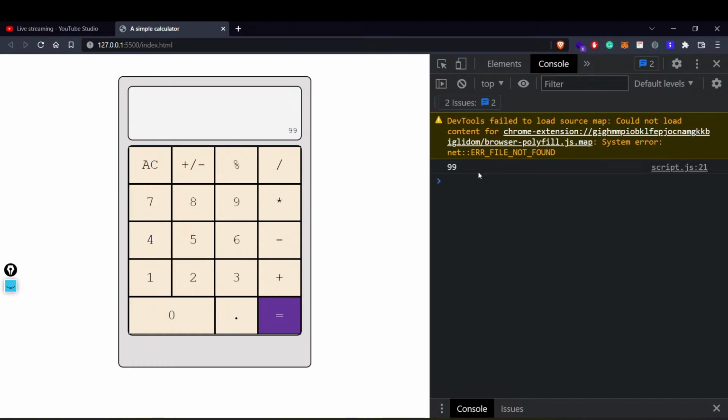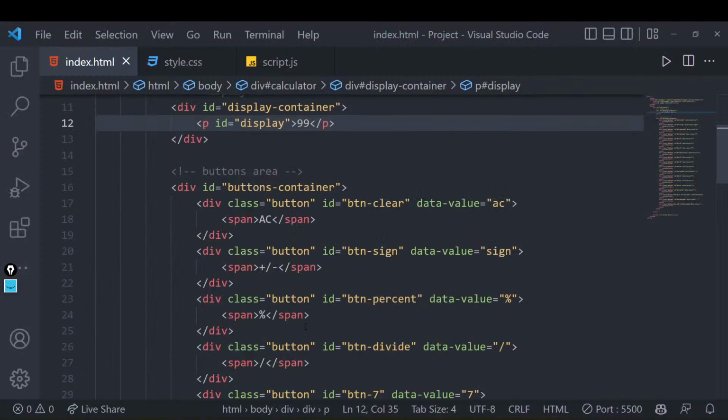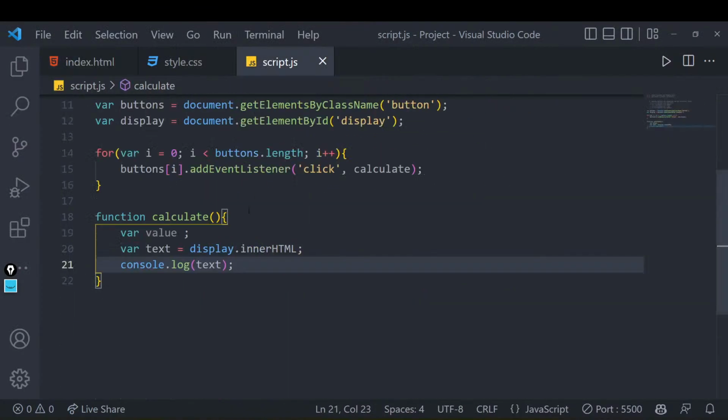Why is 99 printed? Because we have first fetched whatever was written in our page, and we've given it to a variable called text, and now we are trying to print it, right? The way of writing that might look different, but this is a fairly simple thing, right?